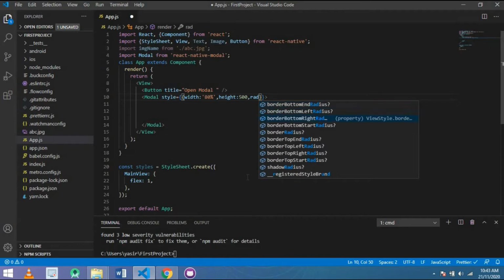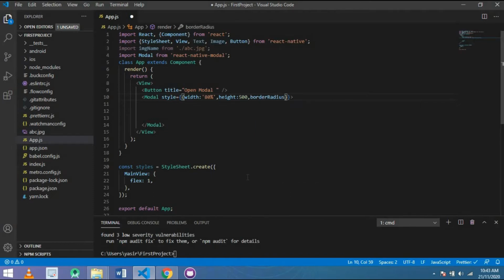Border radius is 15%, and background color colon yellow. Okay,